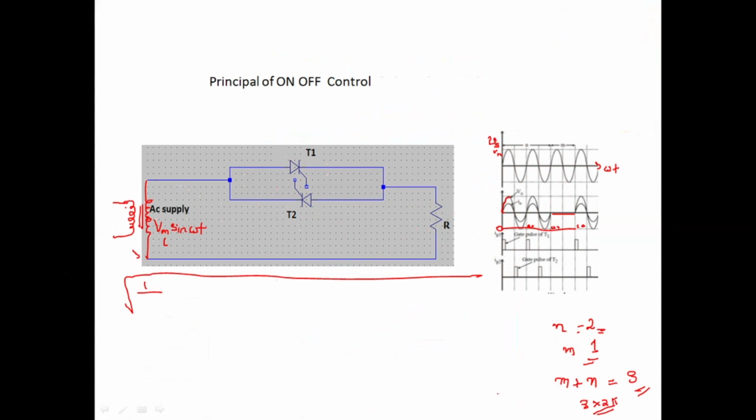So what I will say here, 1 over (m plus n) 2 pi, root mean square,